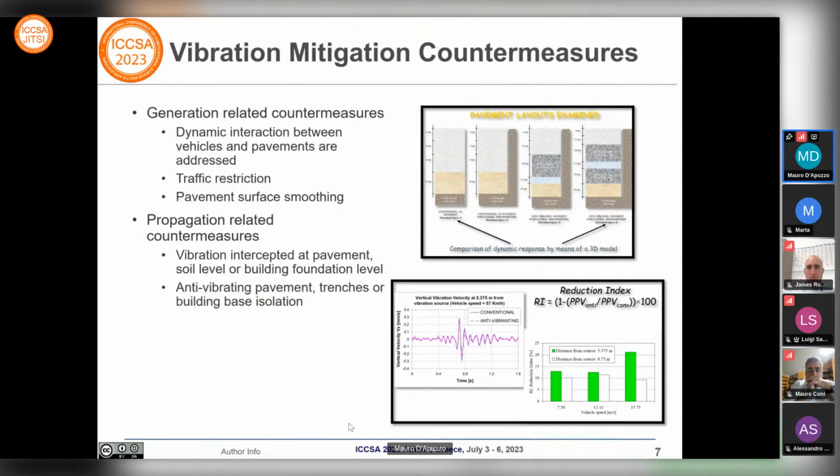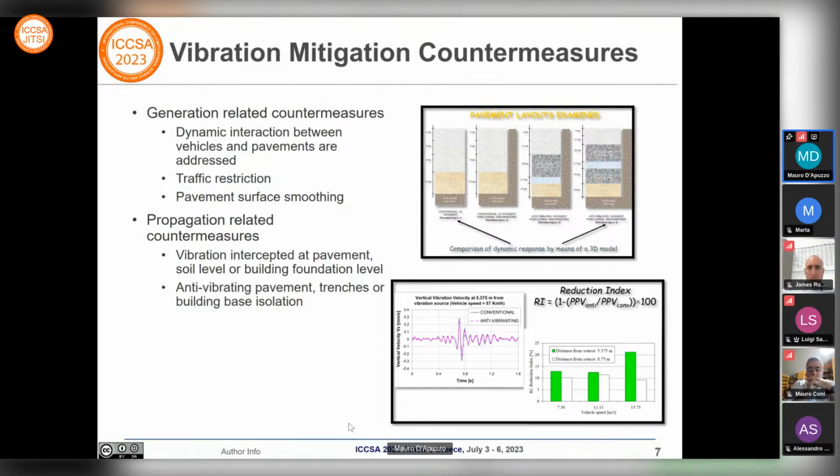And we also evaluated some initial countermeasures. Firstly, we focused on anti-vibrating pavement. So by means of this model, we evaluated the effectiveness of such a countermeasure,